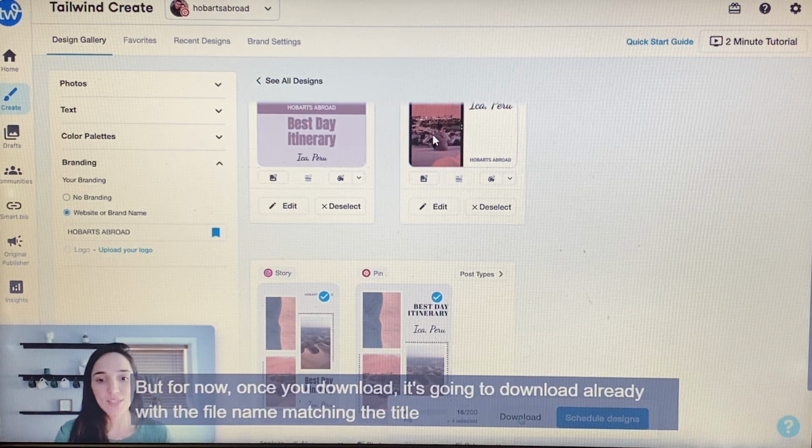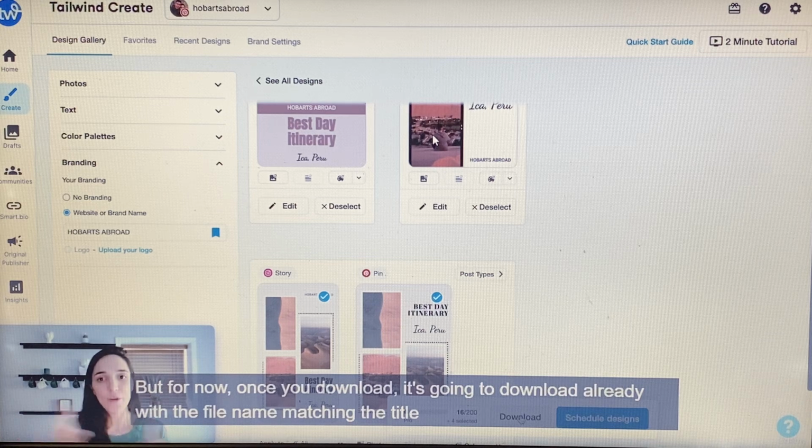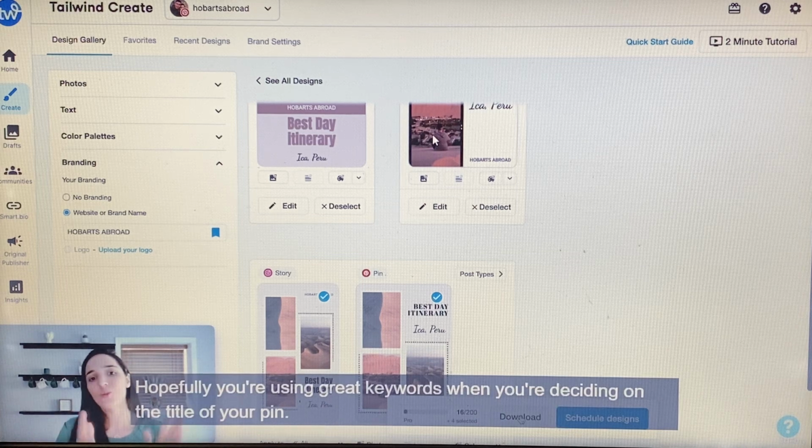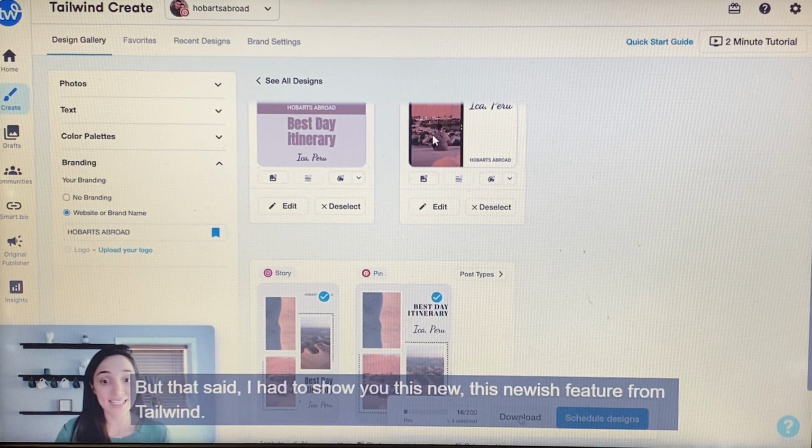But for now, once you download, it's going to download already with the file name matching the title of your pin. So it's already optimized. Hopefully you're using great keywords when you're deciding on the title of your pin. But that's it. I had to show you this